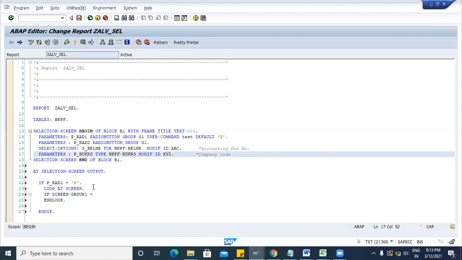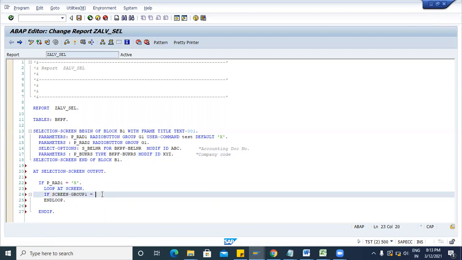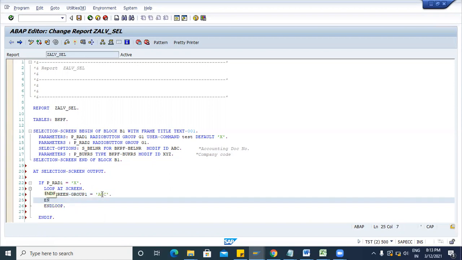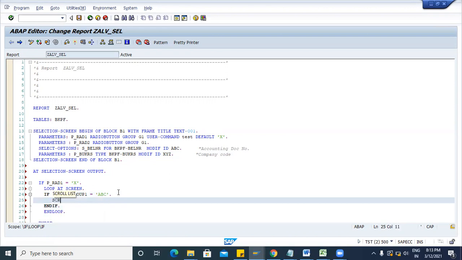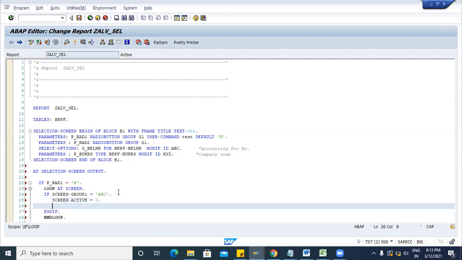Now I will take ABC here, and I will use the parameter of screen like screen-active equals 0, and then you have to write the MODIFY SCREEN statement. This is the statement that we will use to modify the screen.